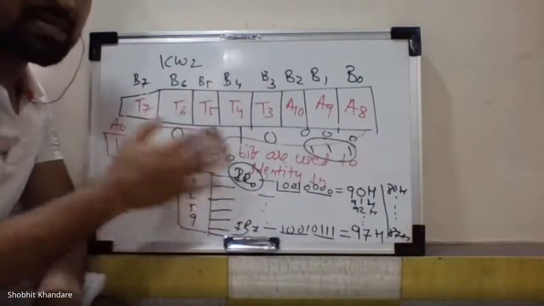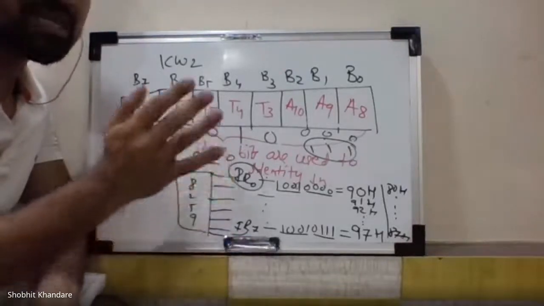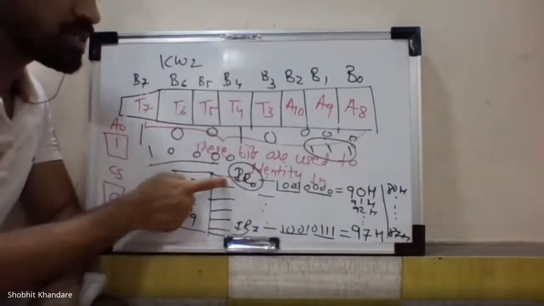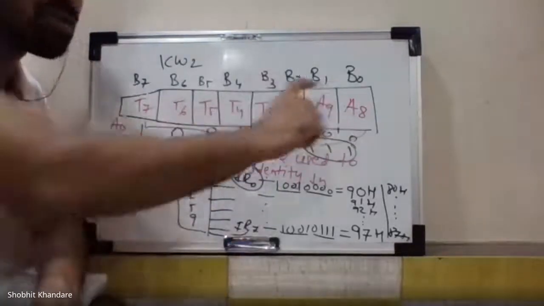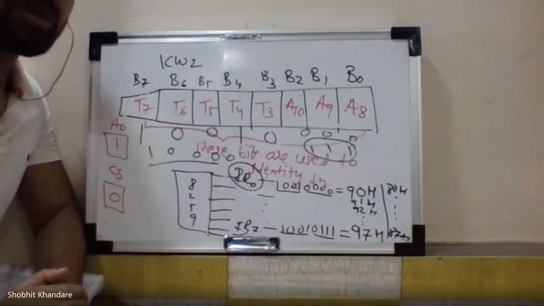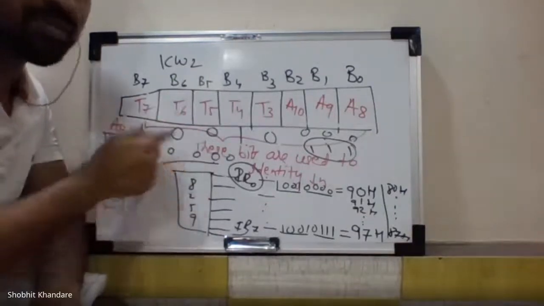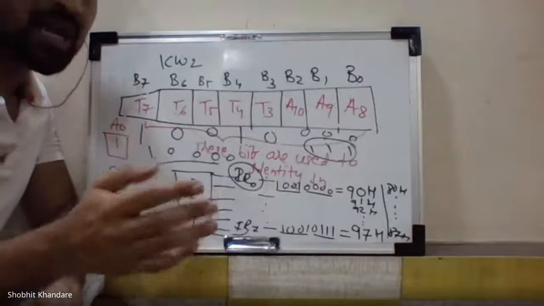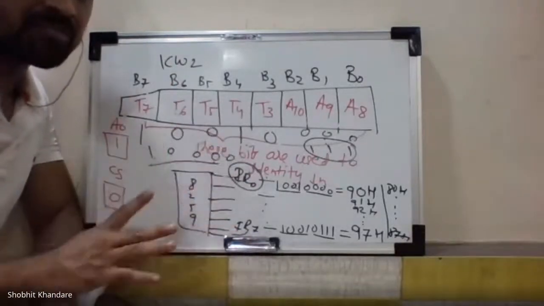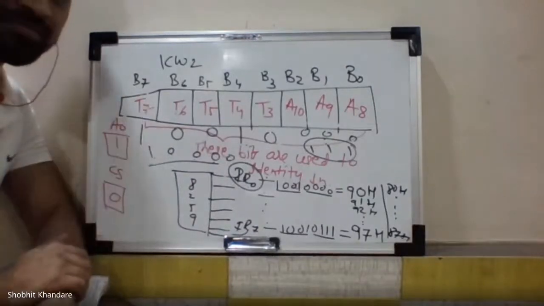Giving the tag, nothing but giving the interrupt type number, is to differentiate every interrupt coming for interrupt request. That is the only function of ICW2. The vector address and everything else will be done thereafter. But this is giving a tag and differentiating, identifying or giving unique numbers to each and every IR. That is the main motive of ICW2.